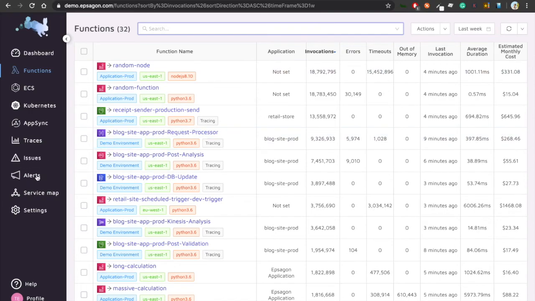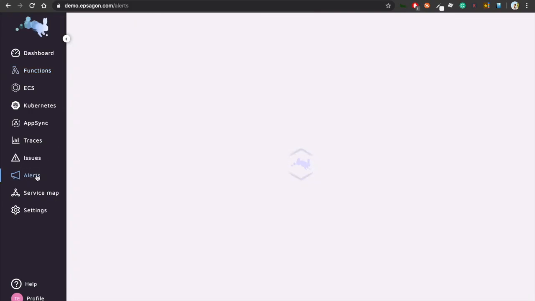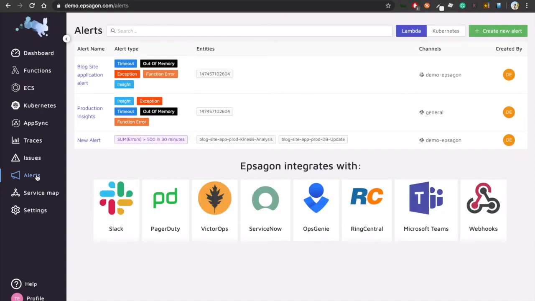In addition to that, Epsagon provides alerting to any kind of service that you wish to integrate with, things like Slack, PagerDuty, VictorOps, ServiceNow, and so on. You can customize any kind of alert to any kind of destination, starting from any exceptions that you're having, or the environment that the code is running in, or even the infrastructure that the code is running on, for example, a Kubernetes pod or a cluster, and so on.